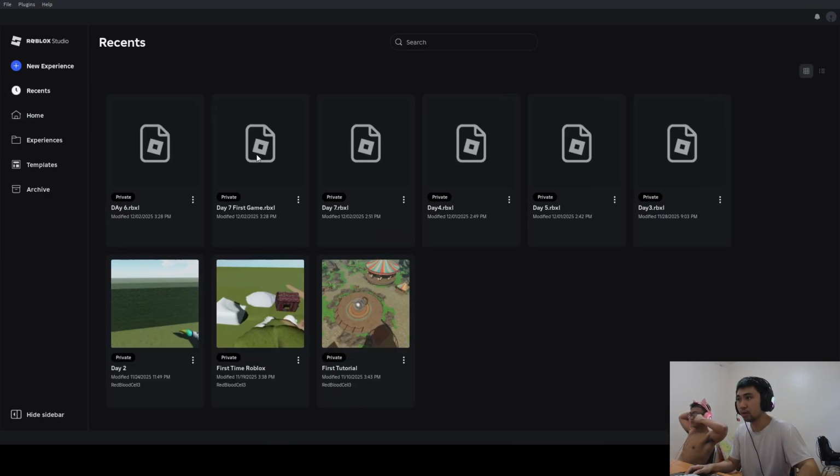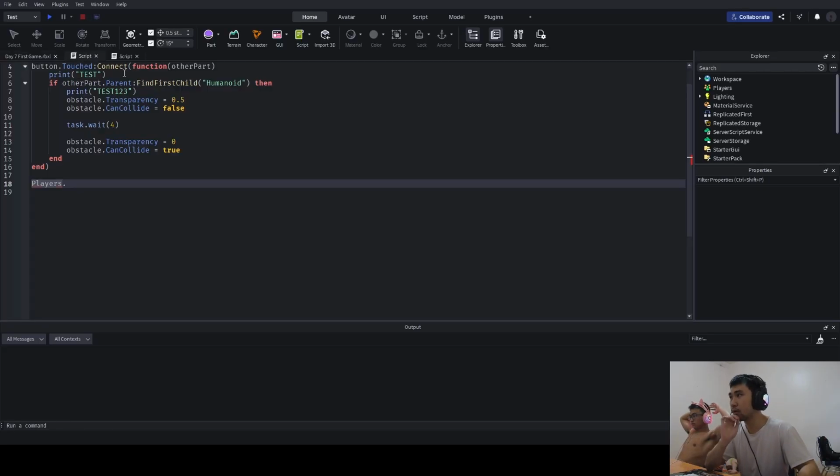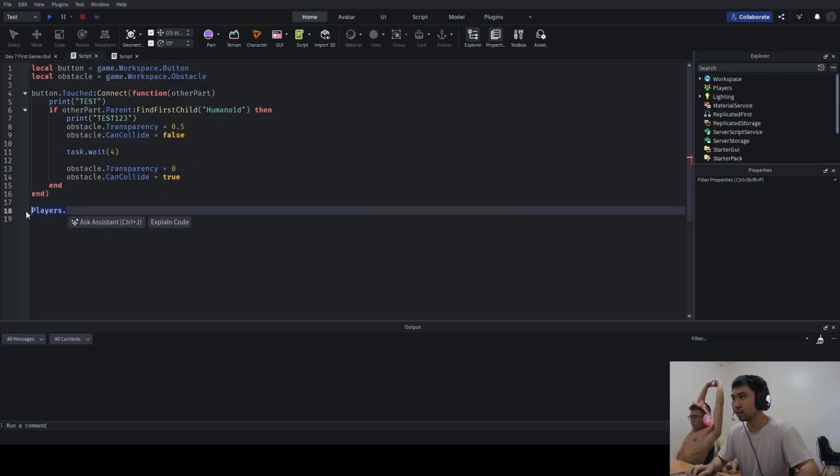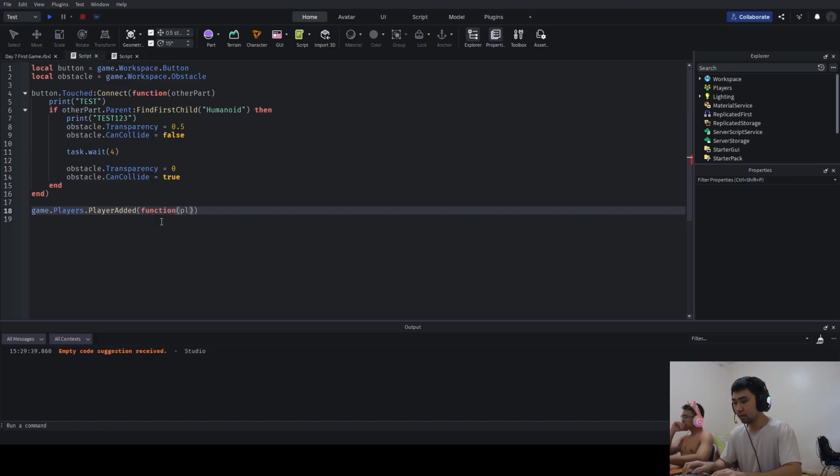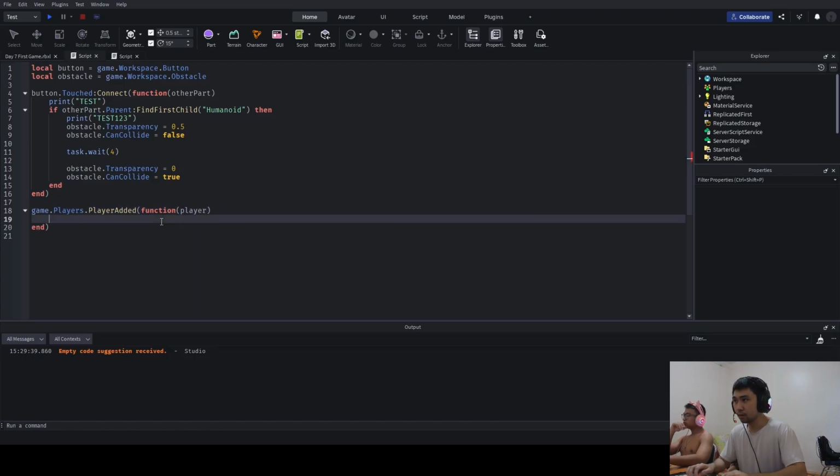How do I see my, oh, this one. So what do I need to do? What I need to do is game.players, player edit. If a player is edit, function player, and then if